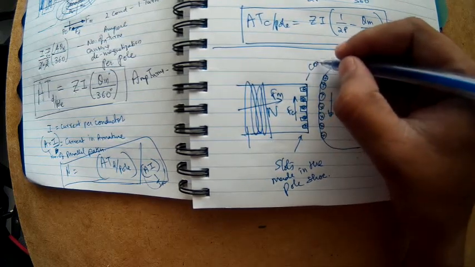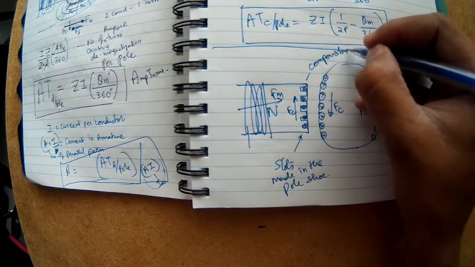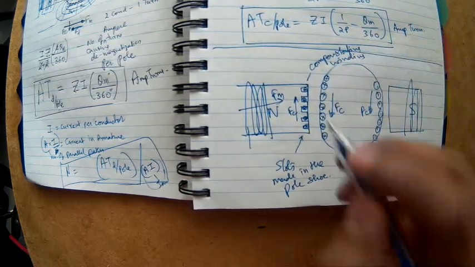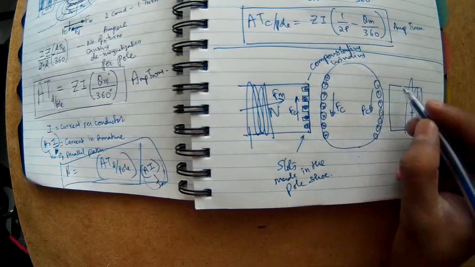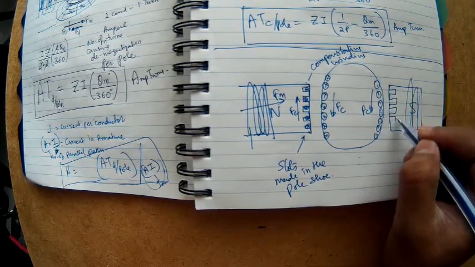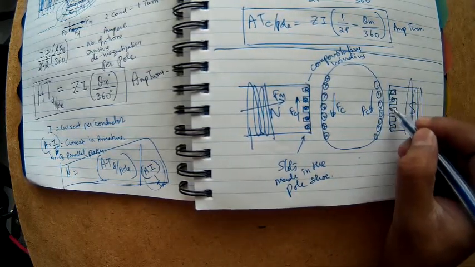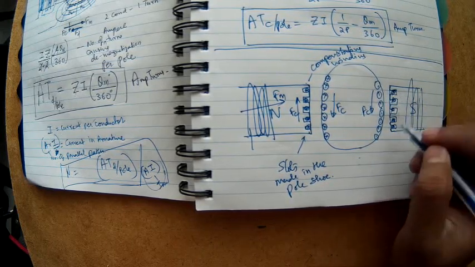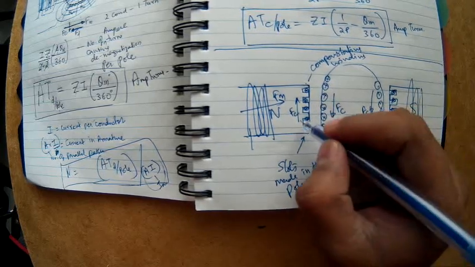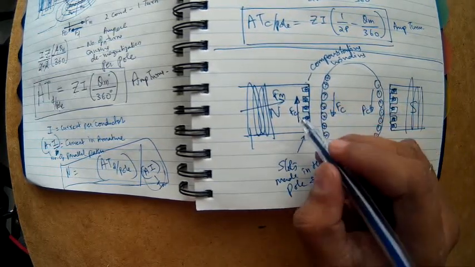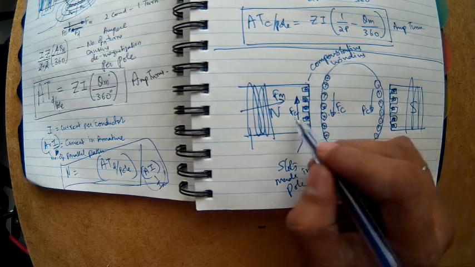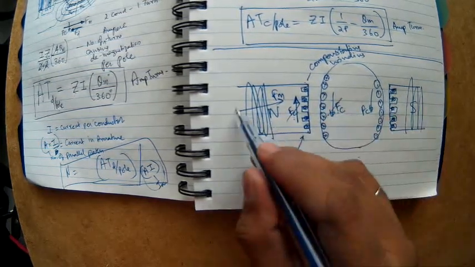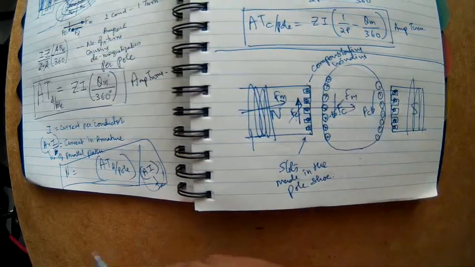This is called compensating winding, by the way. So compensating windings are those windings which are inserted into the pole shoe of the DC machine. It will be on this side also, you have those windings. So on this side obviously the current will be opposite, cross. So by properly winding it, I am able to generate another, this one. Since it is connected in series with the armature, these two are always equal and opposite, and they cancel out each other, thereby not disturbing the main field.